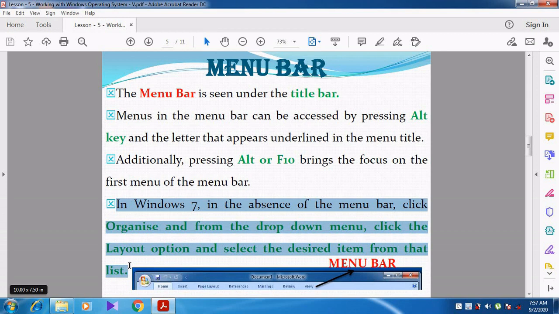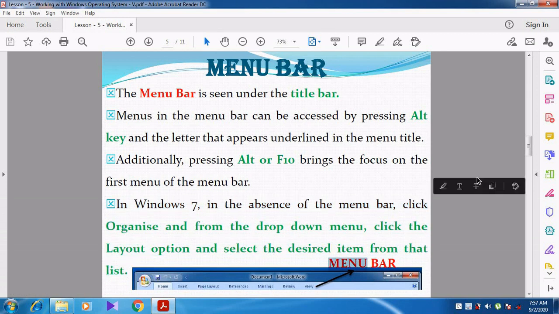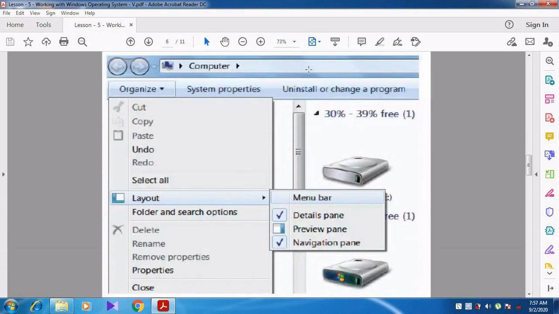I will show you the picture here. In My Computer, you can see the option called Organize. In that you select the option called Layout. In that you select the Menu bar. Then what will happen? The menu bar will be displayed on the screen. Can you understand, students? Right.